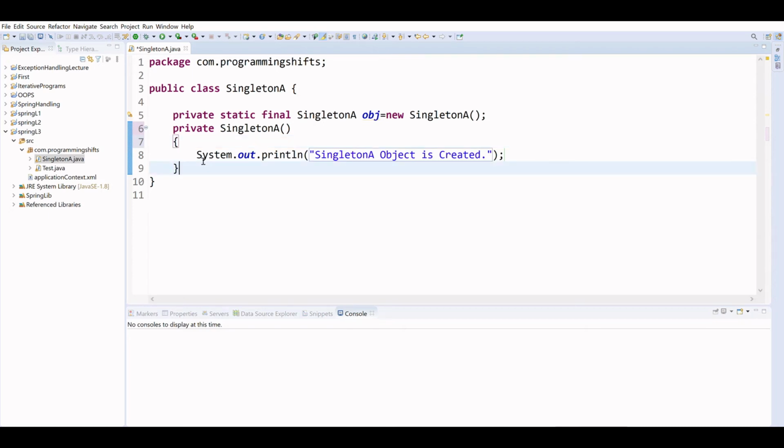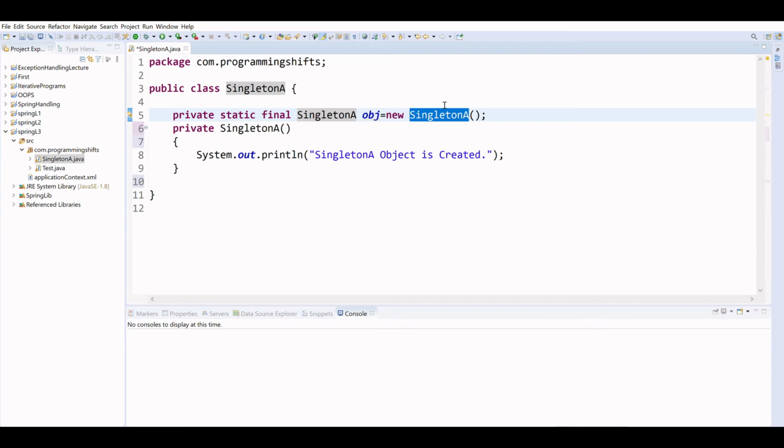Okay, so what have we done till now? We have created a singleton class, and for that we have created a private static final object. We have created the object as final and static in nature, and then we have created a private constructor. That constructor will be invoked when the object is created, because it is created through the new keyword.